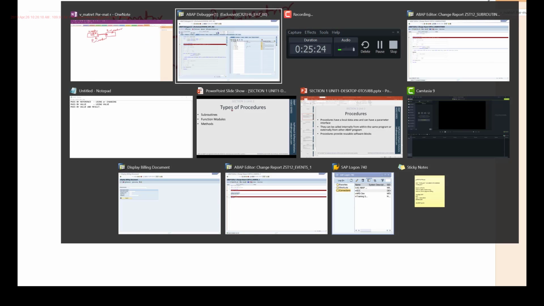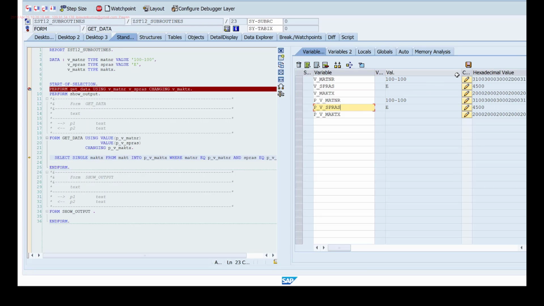So here, in this case, if I change VMatnar, let's say if I change it to 600, only VMatnar will change. PVMatnar is not changed because PVMatnar is now pointing to a different memory altogether. Whereas in the earlier case, when we passed by reference, both the actual and formal were pointing to the same memory. So if you change one, the other was getting changed automatically. Whereas in this case, since now we are dealing with separate memories for actual and formal parameters, if you change one, then the other will not be affected by that change.